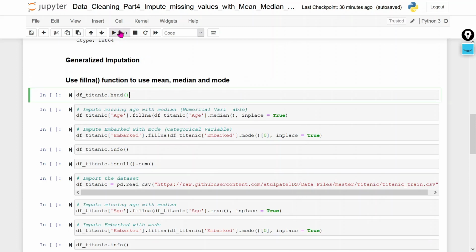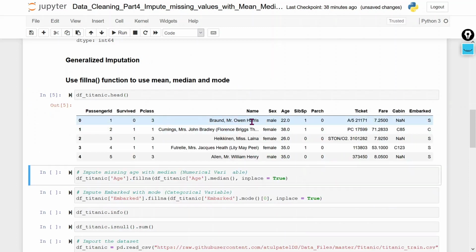First we are going to check the data. Here we are going to impute the age column. In age column we will impute the missing value with the help of mean and median, because this is a numeric column. So we will use mean and median to impute the age column. How will we impute?